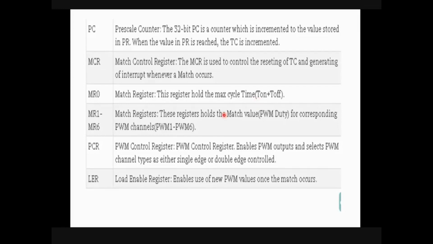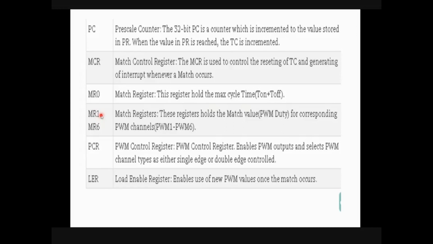So when I say it is a square wave, an on period and an off period will be there. Total time period is equal to T on plus T off. This is the total time period of a single square wave, and this value will be stored in MR0. For example, if I have a square wave where the on period is 5 milliseconds and the off period is also 5 milliseconds, it is a 50% duty cycle and the total time period will be 10 milliseconds. That time will be loaded in these registers in terms of integers. I have taken just an example.